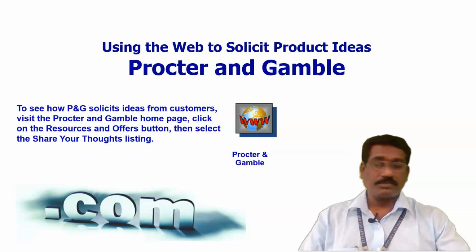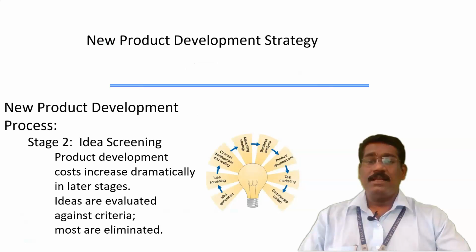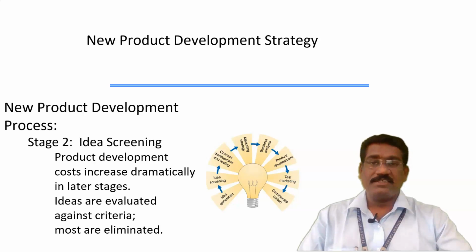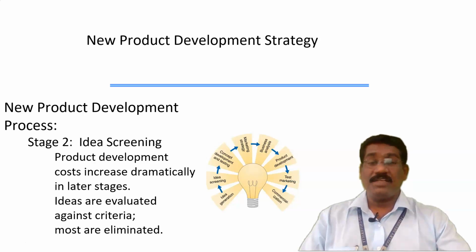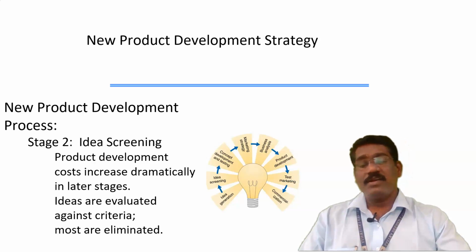Moving further, let's talk about the second stage, called idea screening. Because we generate ideas from both internal and external sources, we need to scrutinize them, and the best alternative ideas have to be chosen. Idea screening is important because product development cost increases dramatically in later stages. Hence, ideas are evaluated against such